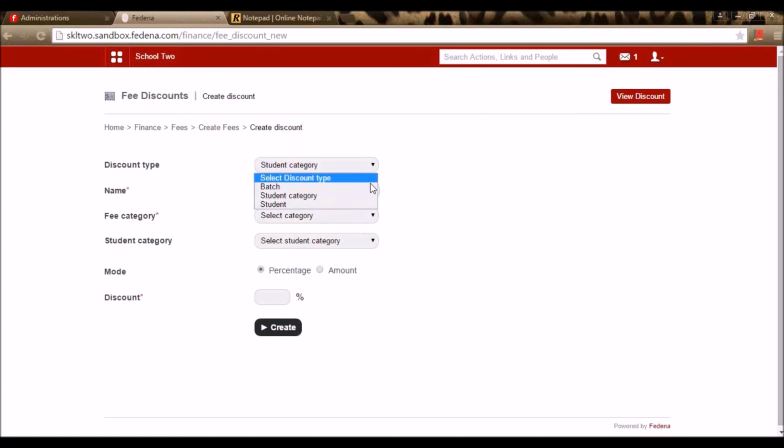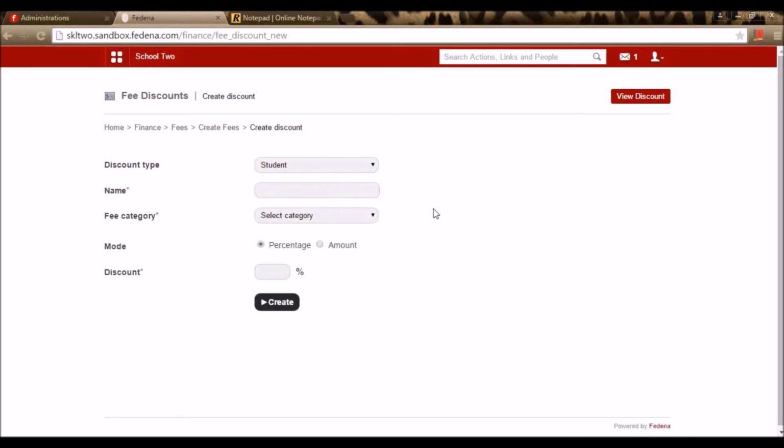If I'm providing it for a particular student, I need to select the student this discount is applicable to. Else, I can go for the batch. This means that the batch that we are applying this fee structure to will have this discount. So every student belonging to that batch will have the discount.